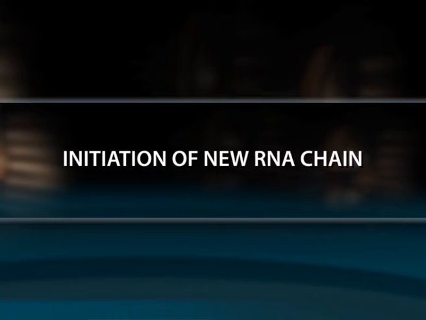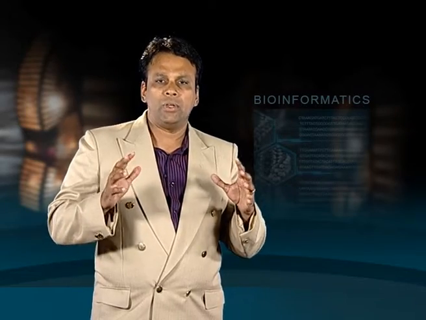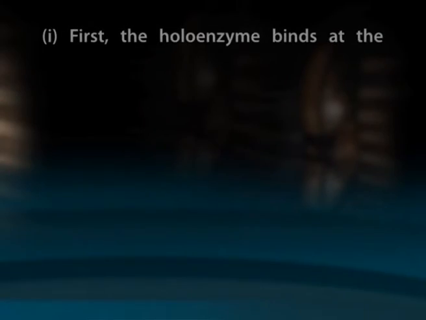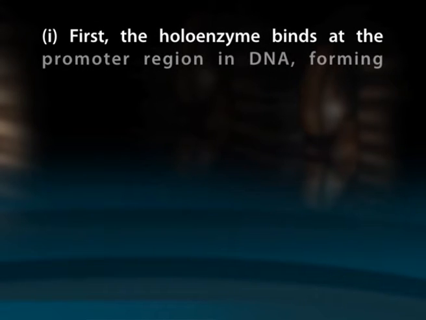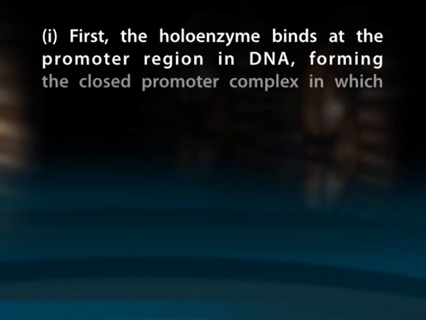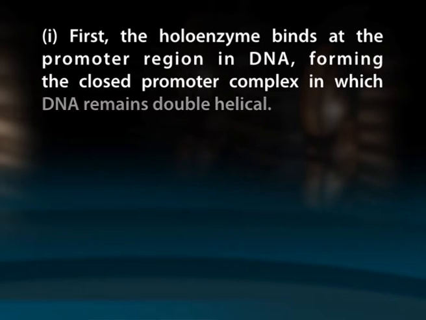Initiation of new RNA chain. The RNA synthesis or initiation of new RNA chain by RNA polymerase enzyme proceeds in 3 steps. First, the holoenzyme binds at the promoter region in DNA, forming the closed promoter complex in which DNA remains double